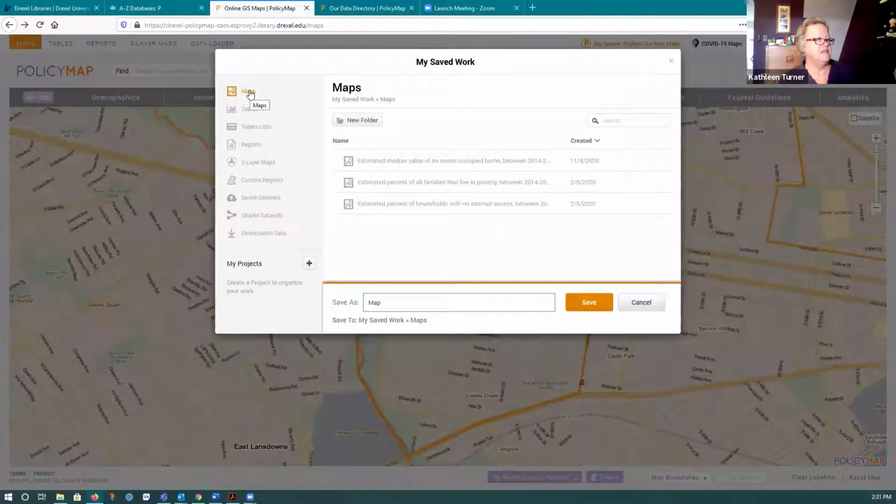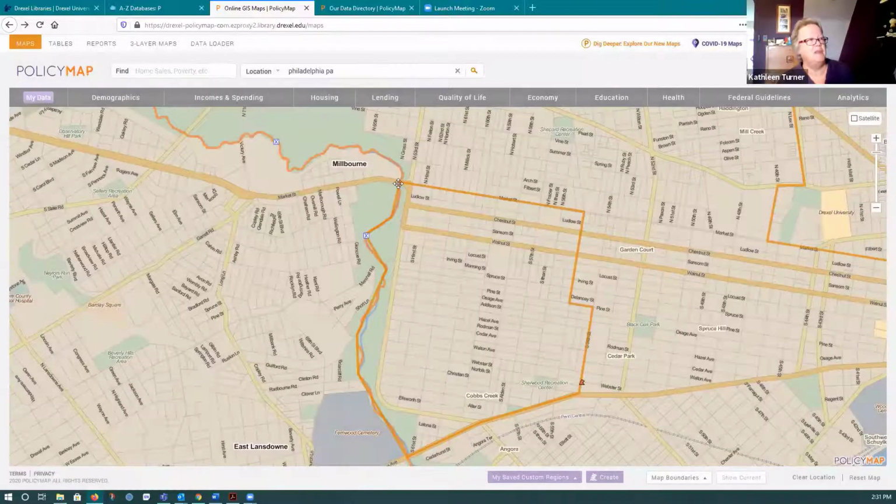And okay, I'm sorry, the map that I was working with didn't save, but in this area of Cobbs Creek, which is the very far western part of West Philadelphia, by using the 3-layer map function,